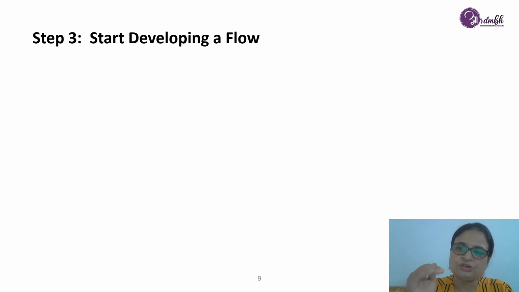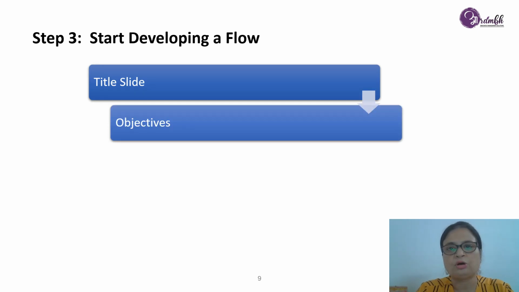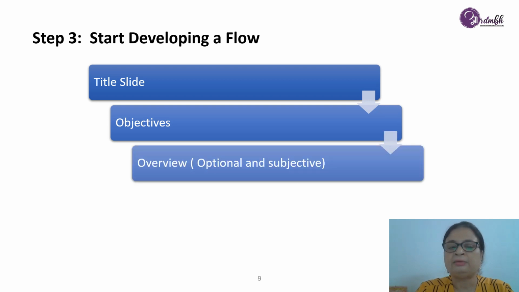Now, presentations do have a flow, and the flow is very, very well defined. So normally we start with the title slide, and then we go on to talk about the objectives that we want to achieve at the end of this presentation, and we give an overview. At times, objective and overview are overlapping one another. Depends upon who you are presenting to, what the objective is and what the audience is. So between these two slides, at times people have only one slide, or at times people have objective followed by an overview or agenda for the slide, which is the overview.